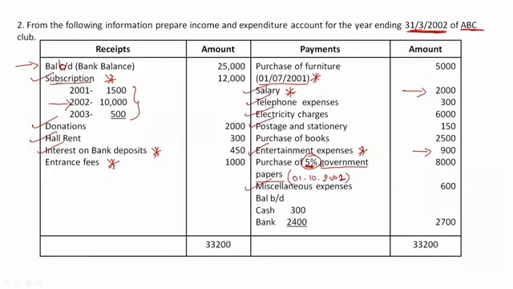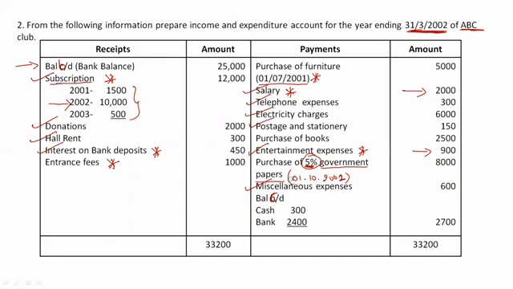So this is done. At last we have closing balance, so it should be balance carried down, closing balance of cash in bank. We will take opening and closing balances of assets in the balance sheet, not in the income and expenditure account. From receipts and payments account, everything is taken. If you just know which is the revenue item and which is the capital item, you will be able to do it easily. And another thing you need to remember, only current year transactions should be taken. Just keep these two things in mind and you can easily do the income and expenditure account.